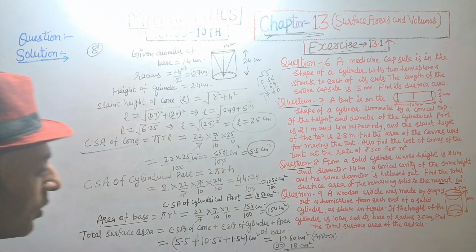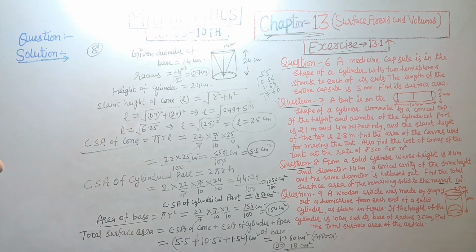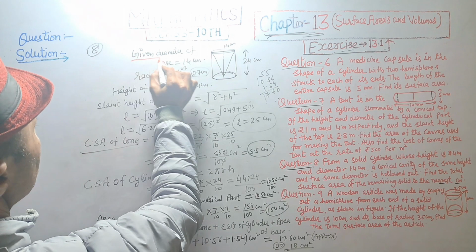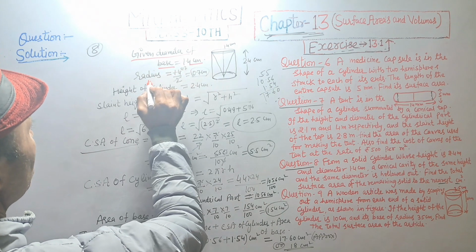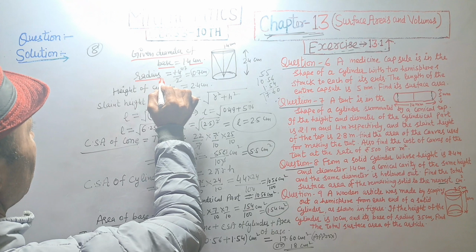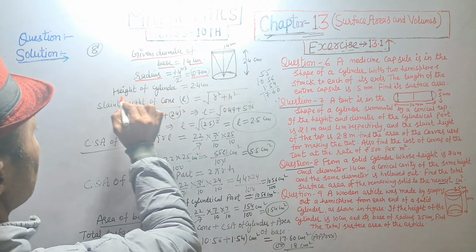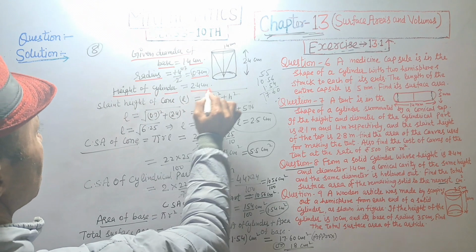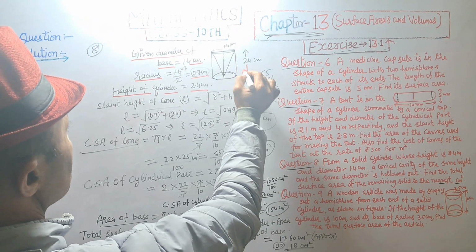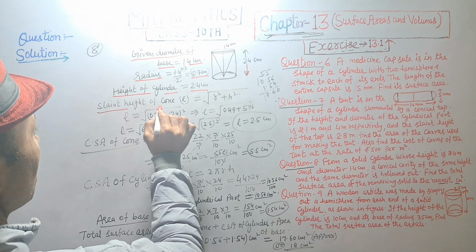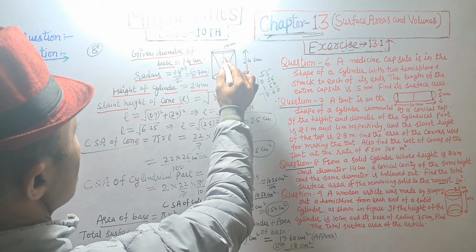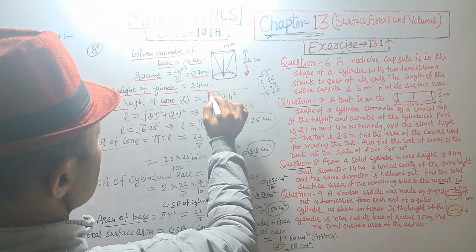17.60, approximately 18 centimeter square, answer. Given diameter of base is 1.4 centimeter and radius is 1.4 divided by 2, that is 0.7 centimeter. Height of cylinder is 2.4, it's given, and slant height of cone is L is equal to root of